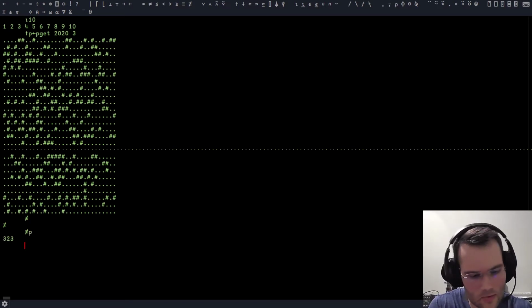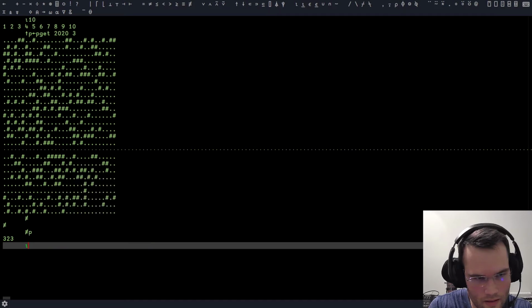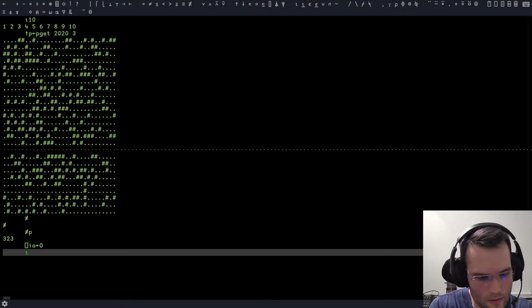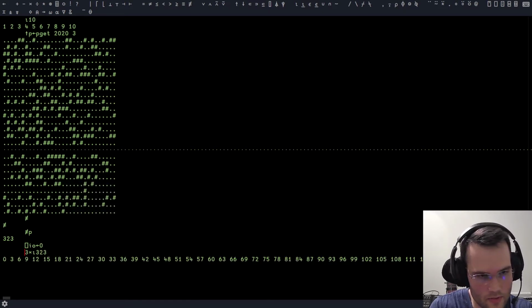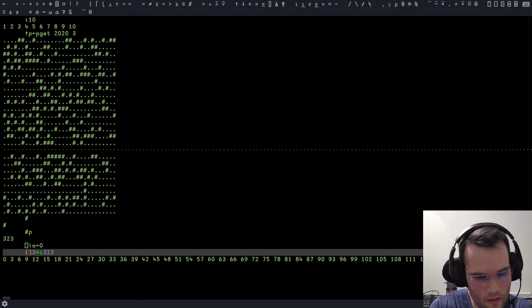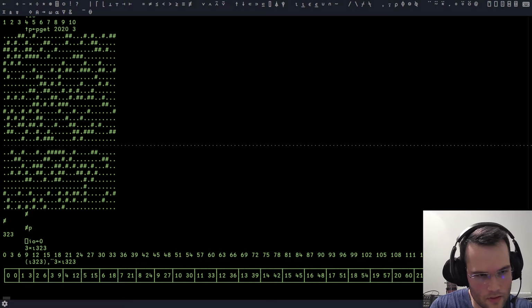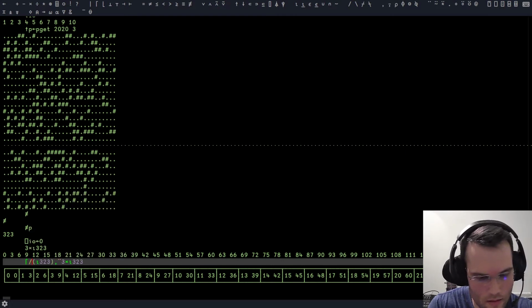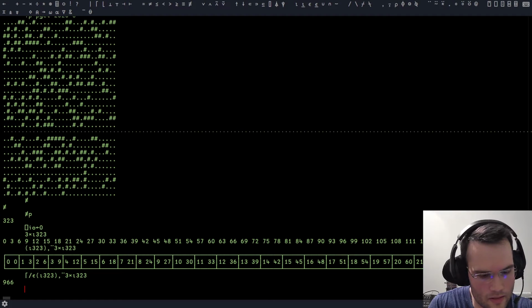So how long is this? We're dealing with 323 rows. So that's gonna be iota 323. It's actually going to be easier if I do IO 0. Iota 323, 3 times gives us this. Iota 323 like so. For each one of these indices, is that right? Right 3, down 1. So for each one of these indices, and what's the max? 966. So we basically need to do like P